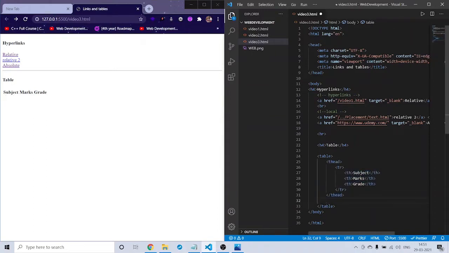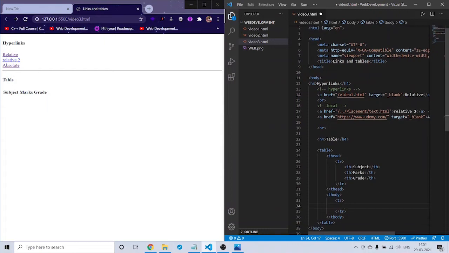As this is the data of the table, we don't need that bold, so here we are going to give tbody, and like that in tbody I am going to give tr, and in that tr we need to give td, and here we are going to give td, not th, because th is a part of thead here, and in the body we are going to use td, which is table data, and in that the first one is subject, right?